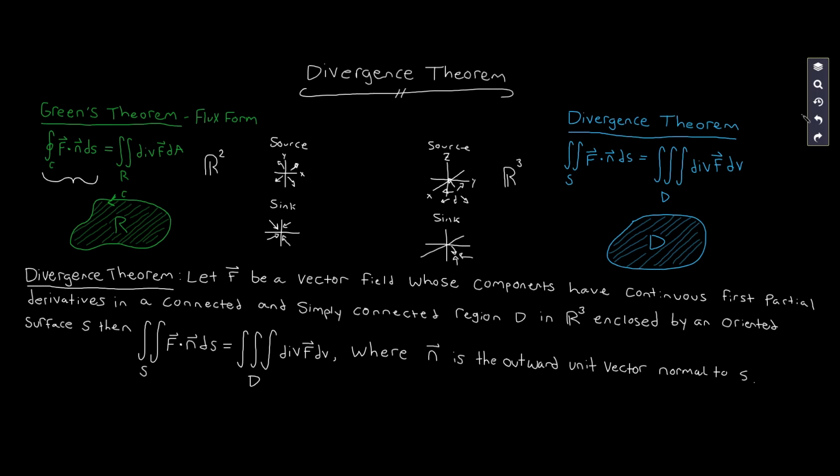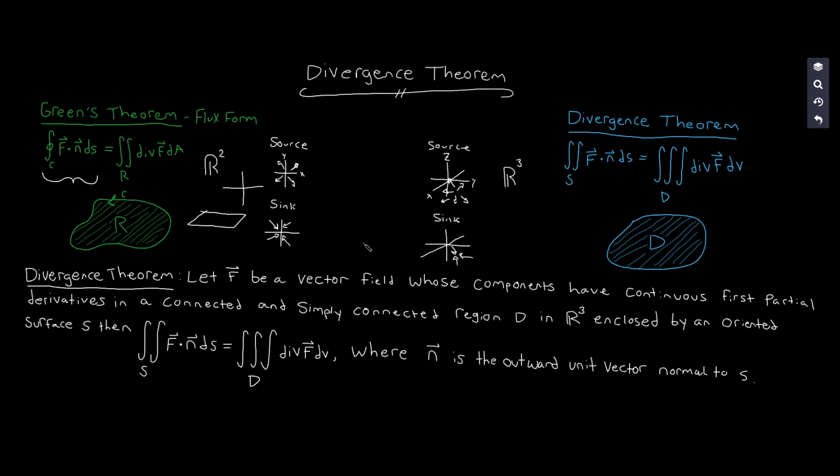My question was, outward flux versus inward flux in 2D space. It's easier for me to visualize flux in 3D space, because if you have a box and the arrows are going inwards, that opposes the normal vector, and thus it's going to be negative flux. If it goes outward, that goes with the normal vector, and it's going to be positive flux. That's easier for me to conceptualize, right? If you think about a three-dimensional box, versus when you think about a flat space, in R2, right, like that or like that,